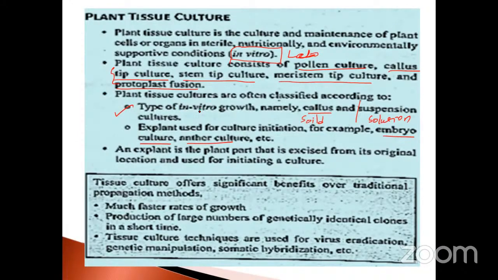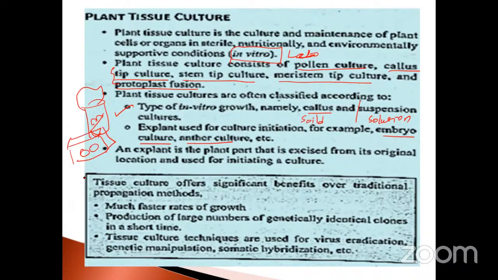Type of in vitro growth, in vitro means inside the lab only, namely callus. Callus, as I already told you, is within test tubes only, in aseptic conditions, isn't it? You have to put it into the oven. Okay, there is a lab chamber, a small chamber. The box looks like this one. There are two holes. So the chamber looks like this.